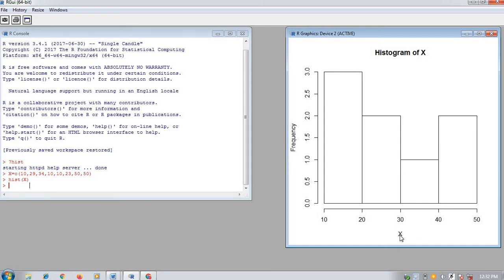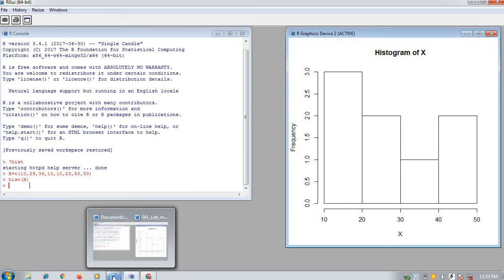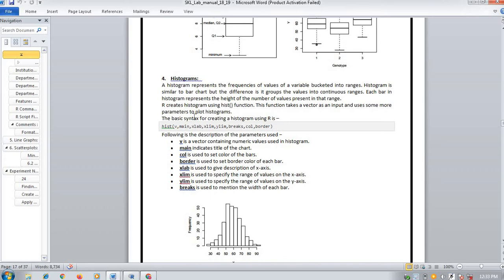Similarly, since x is passed, it is written on the X-axis, and by default the Y-axis represents the frequency of values in the particular range. Now we will try to use more parameters which are present in this format. I'm just copying it.